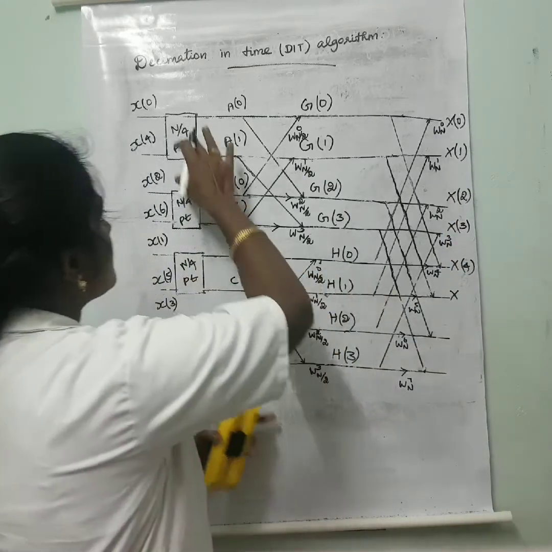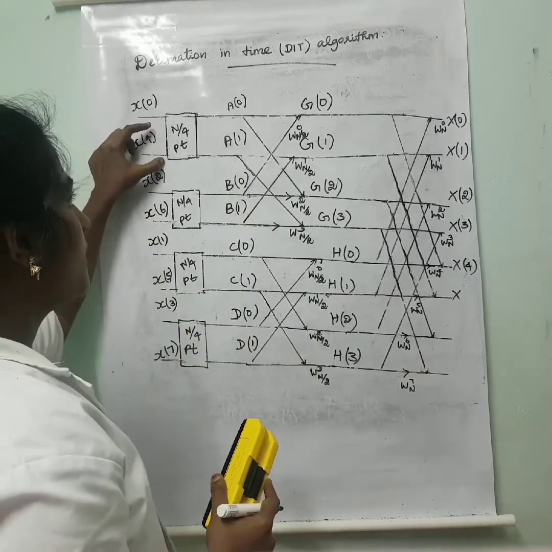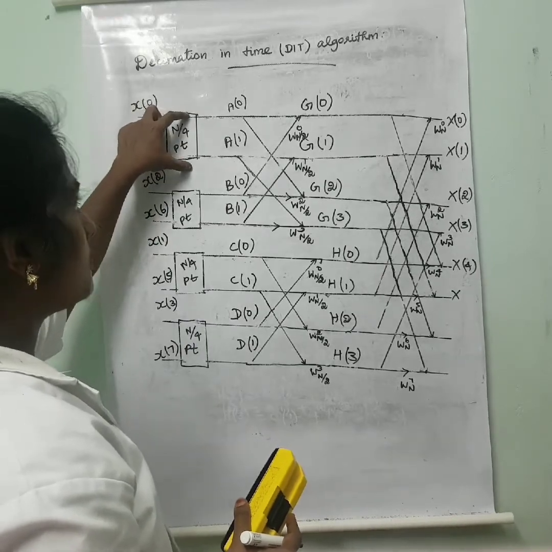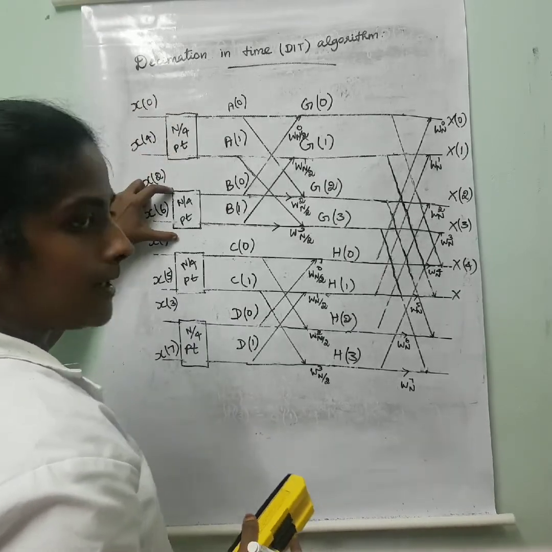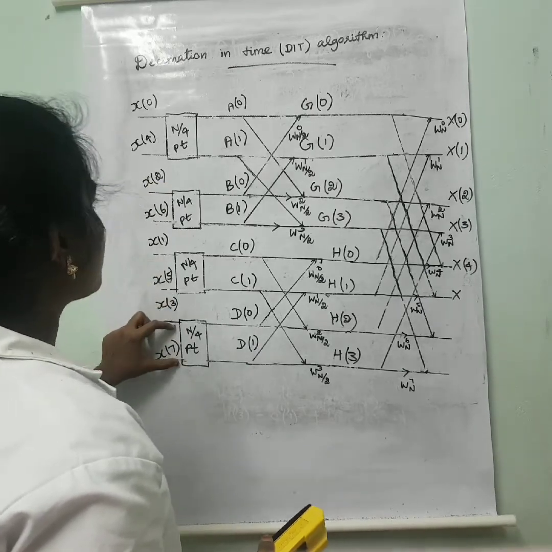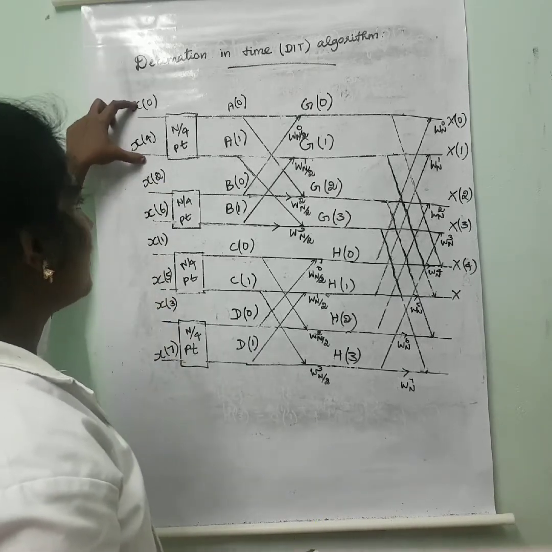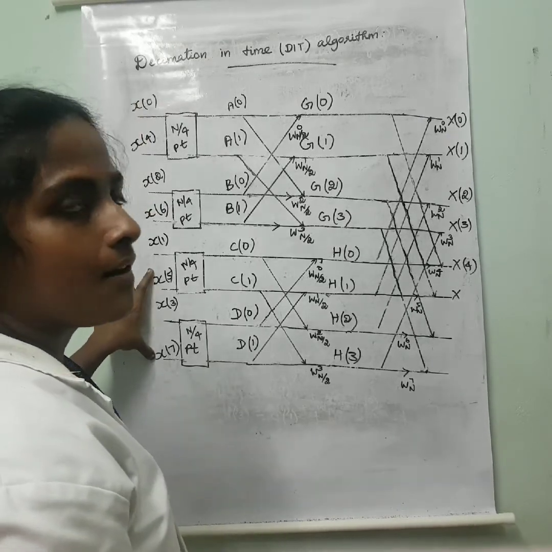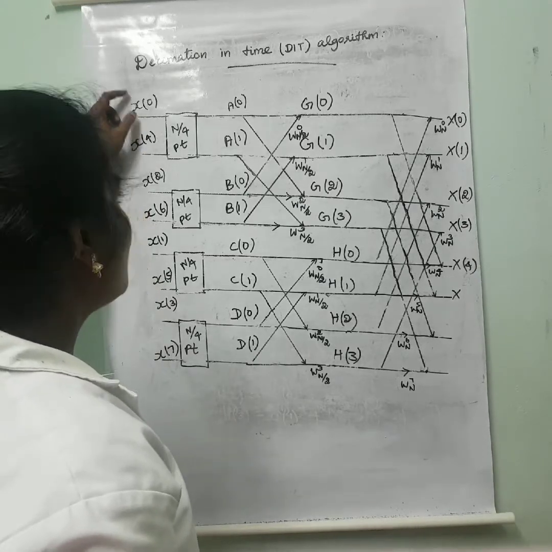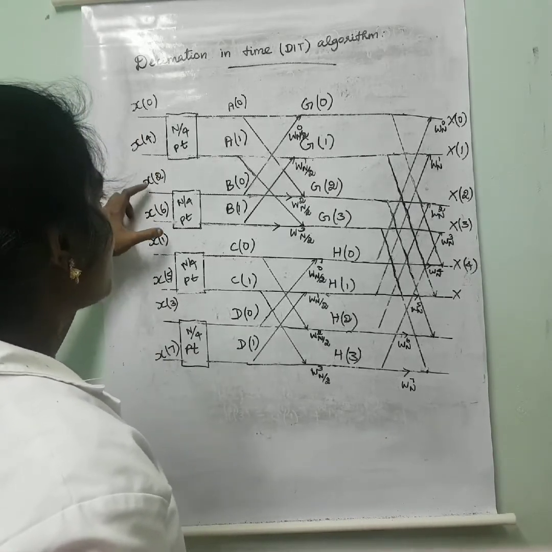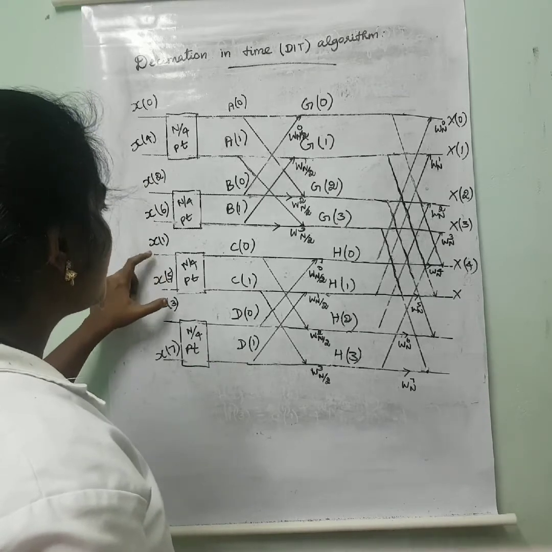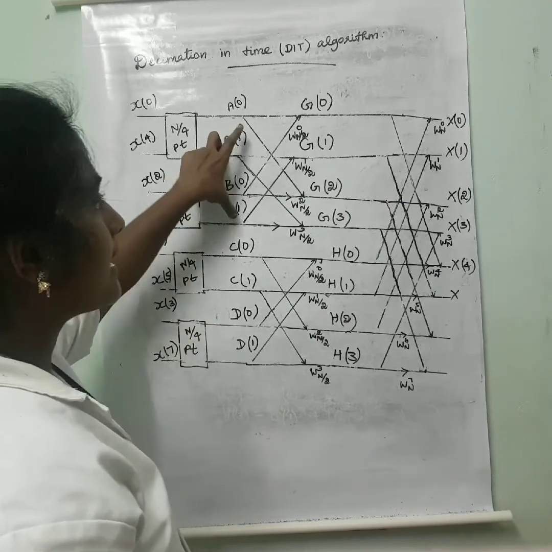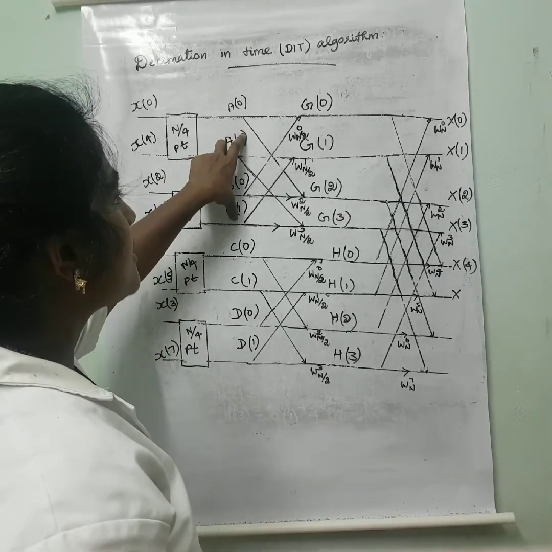So this is the first part, that is n by 4 point DFT. We have to split it into 2 to 2. So first part, second part, third part, fourth part. So here first part is even part. So these 4 lines are for even part, these 4 lines are for odd part. So x of 0, x of 4. Second one, x of 2, x of 6. Next, x of 1, x of 5. Next fourth part, x of 3, x of 7. This one we already know. So we have split into 4, 4.